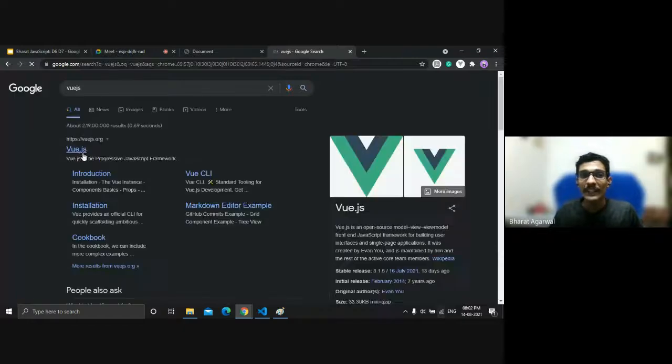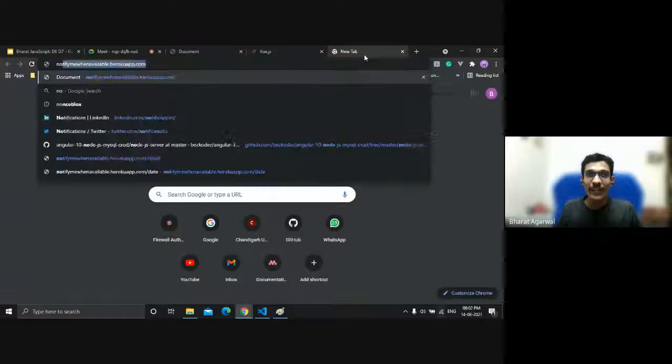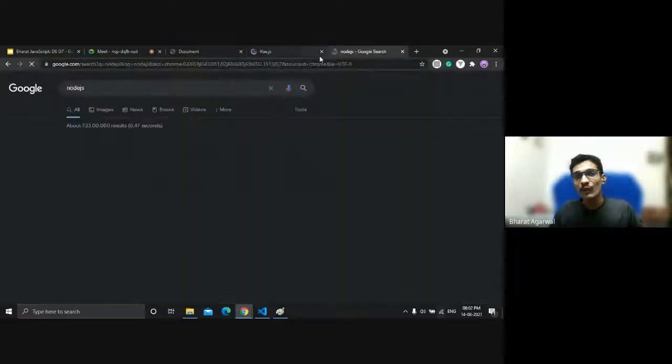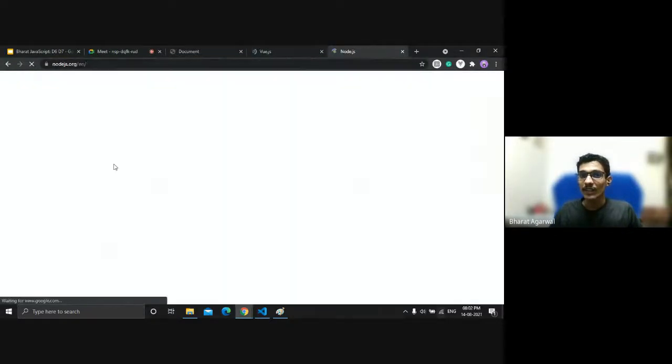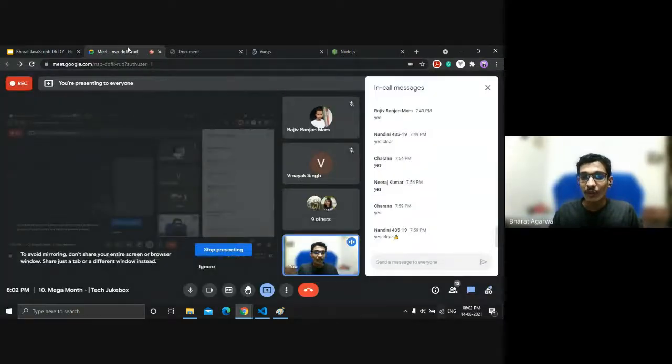Since you know the basics of JavaScript, you can also move towards Node.js. Node.js is a runtime for JavaScript which allows you to create server-side applications. So that's what you can do with JavaScript. You can do pretty much everything with it, from front to back, in mobile applications, in embedded systems. Wherever the JavaScript engine is present, you can run JavaScript code.